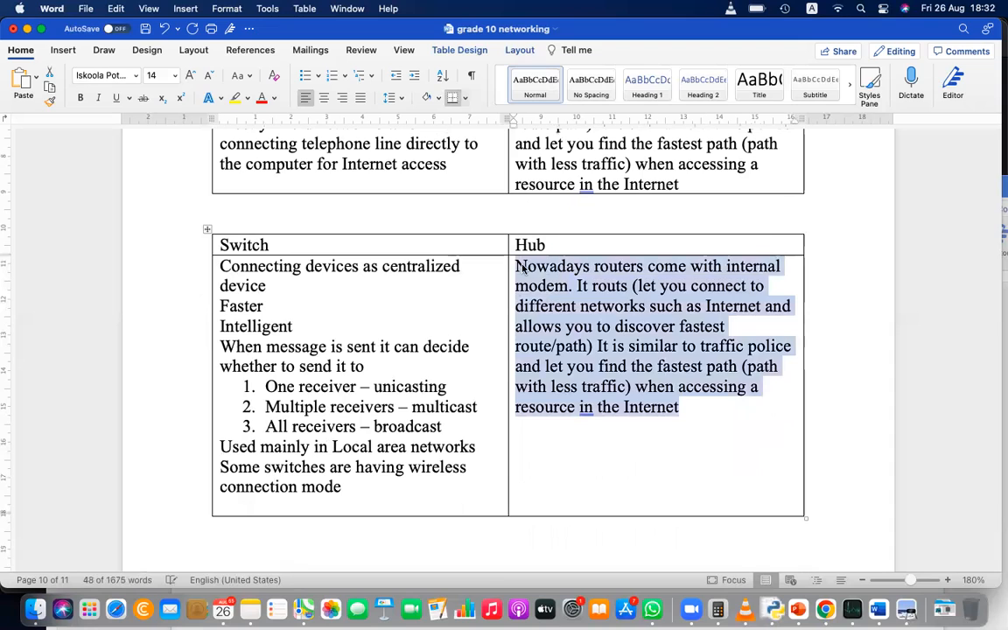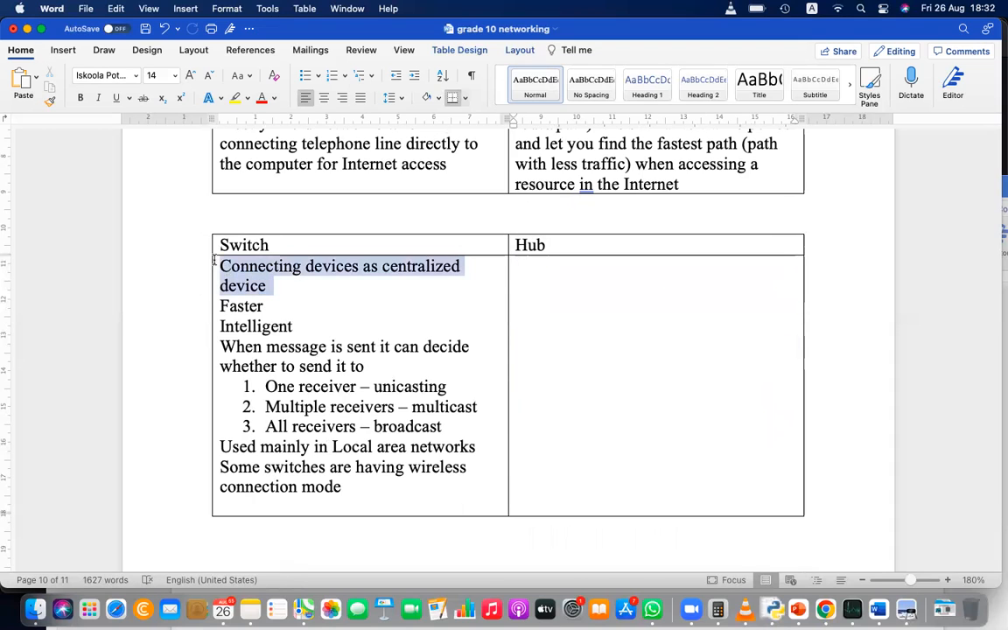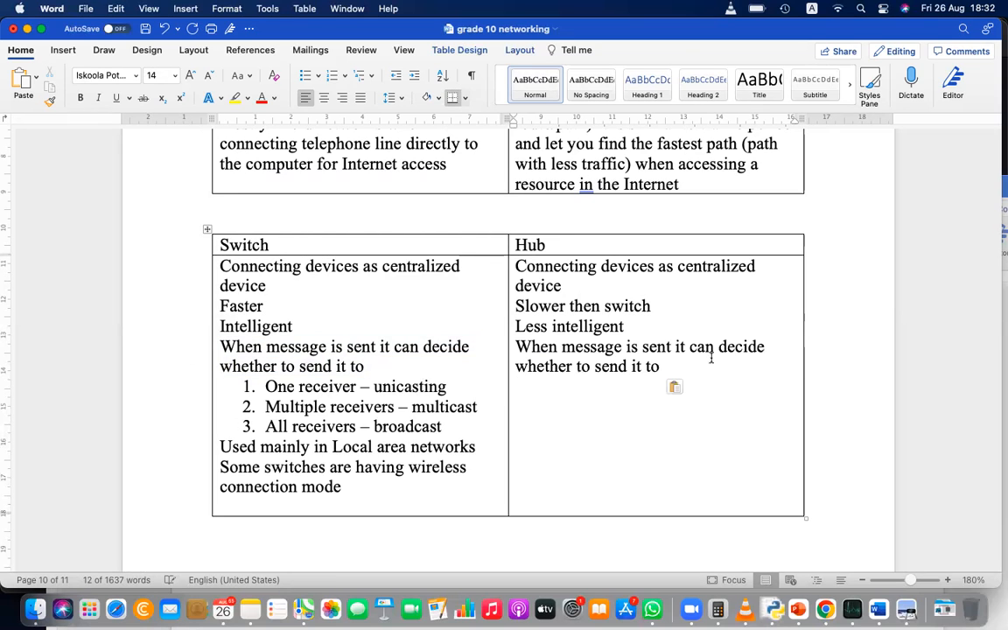On the other hand, here we have a hub: connecting devices as a centralized device, slower than a switch, less intelligent, and when a message is sent, it will be broadcasted